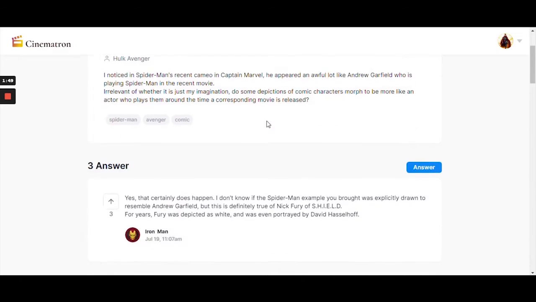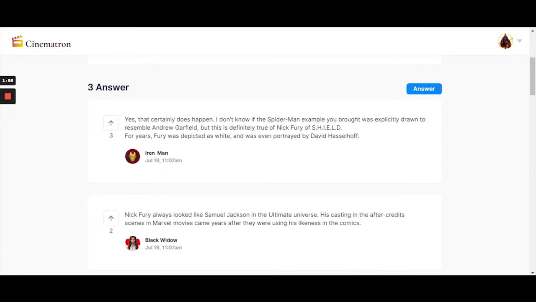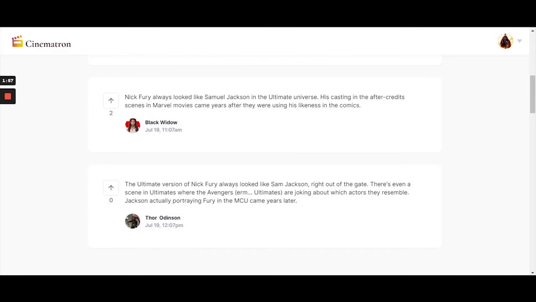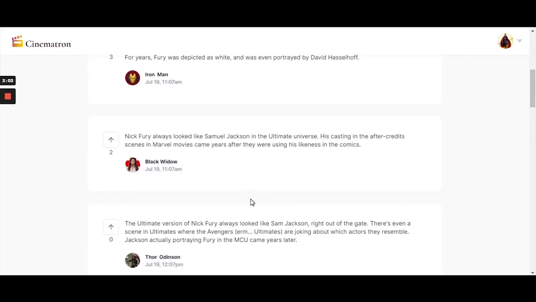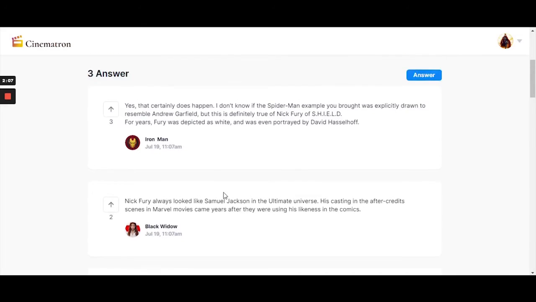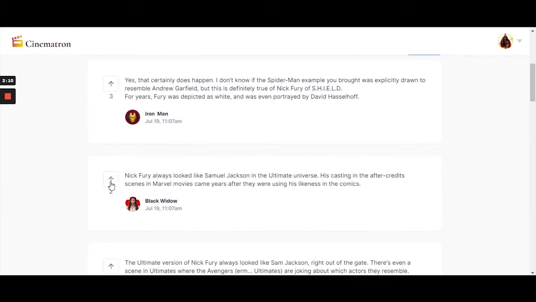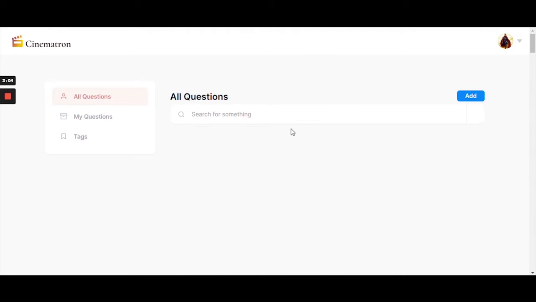This particular question also has three answers: one from Iron Man, another from Black Widow, and another from Thor, which is really cool. Let's go ahead and upvote Black Widow's answer because it is really relevant to the question. We upvoted, and we got it to 3. Now let's go back. I'm going to go to this small arrow at the corner and click on home. This way also it gets me back to the home page where we first started,